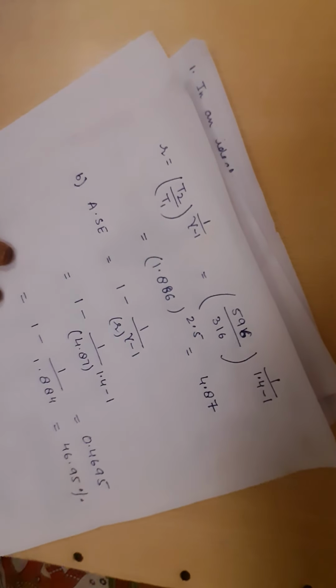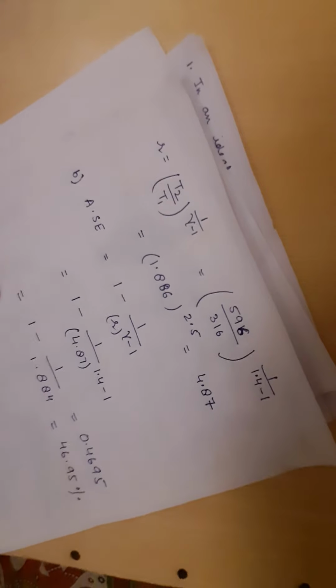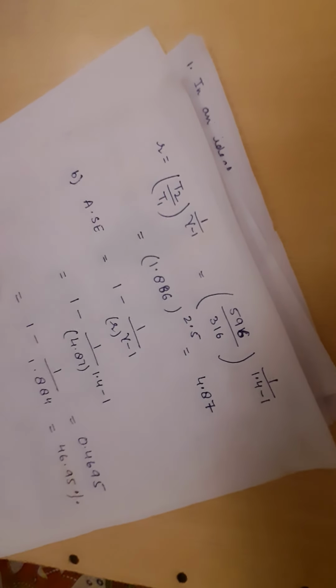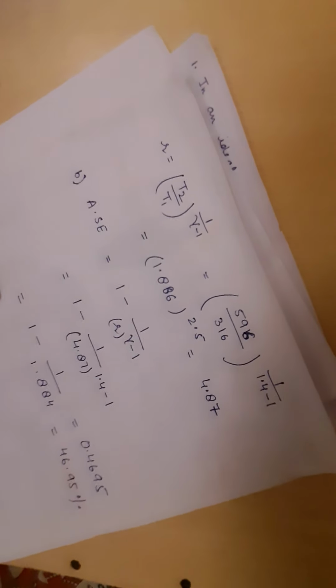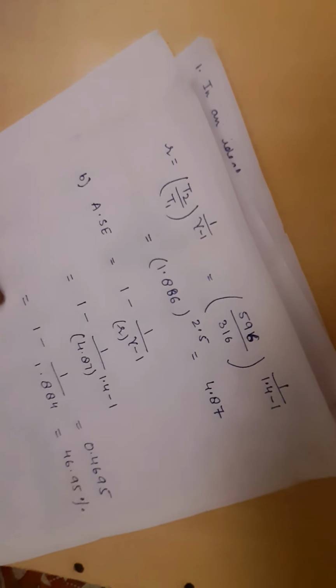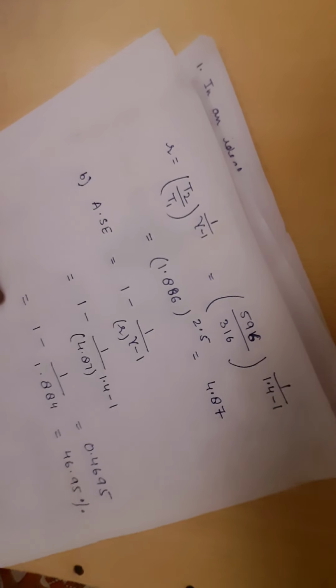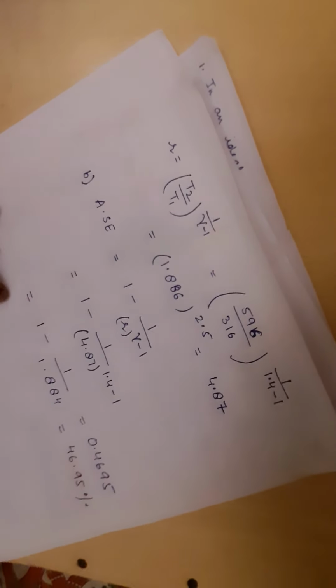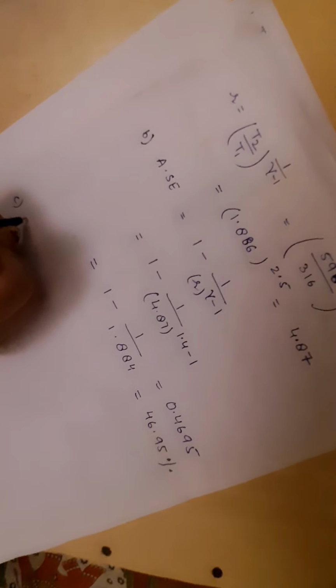Okay, so the air standard efficiency for the Otto cycle in this case would be 46.95. Now the third thing we need to calculate is the temperature and pressure at the end of the adiabatic. That is, we need to calculate the pressure and temperature. So now we know